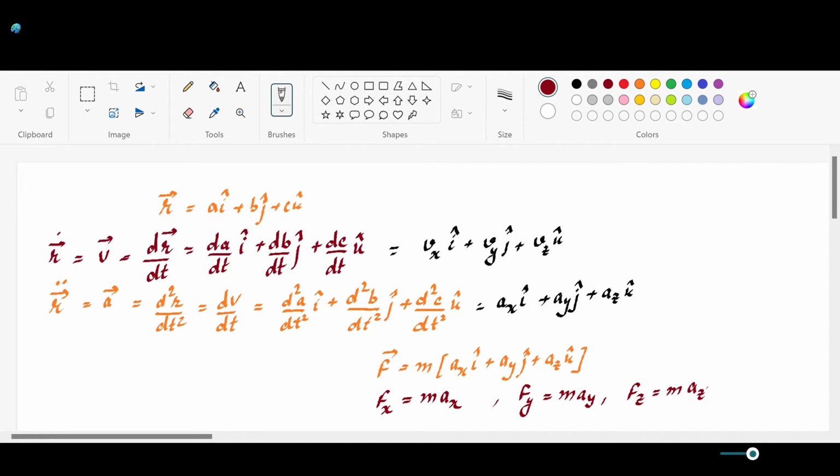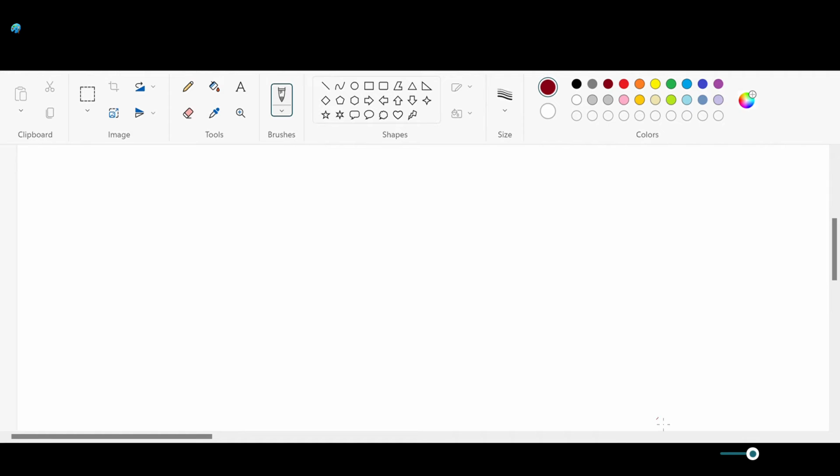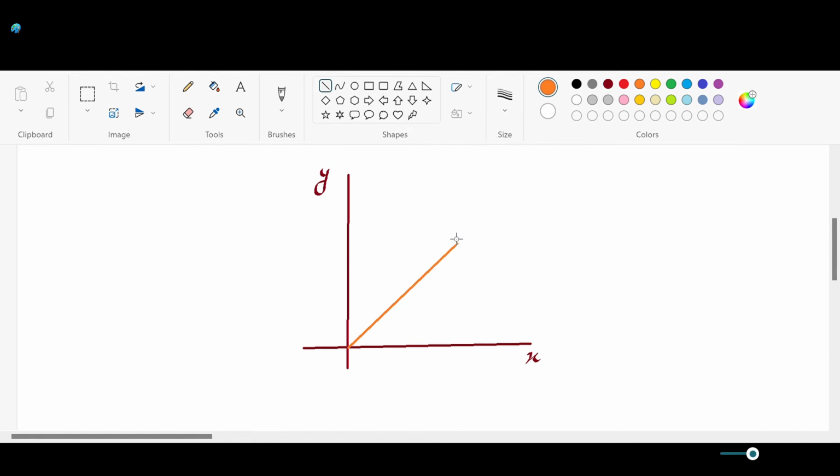Along with that, you also should know the resolution of a given vector. So let me define a vector in 2 dimensions, because we are not going into 3 dimensions. We are simply taking a vector in 2 dimensions in a plane. I hope all of you are familiar with a plane. So let's say this is an xy plane or xy coordinate system, the simplest coordinate system. And you are making a vector here. Let's say this is a vector, so this is our vector r, any vector r.